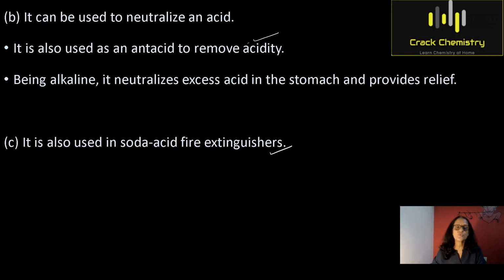So children, what will happen in soda acid fire extinguishers? All of you have seen that baking soda on reaction with acids like sulfuric acid produces CO2 gas. As a result of the production of CO2, the amount of CO2 will increase, and you all know that CO2 is a non-supporter of combustion. Such type of extinguisher contains a bottle of sulfuric acid which is supported over a metallic container containing baking soda. When the cylinder is inverted and the knob is struck against the ground, the bottle breaks and the acid combines with baking soda and CO2 gas is released, which is used to extinguish the fire. The reaction involved is